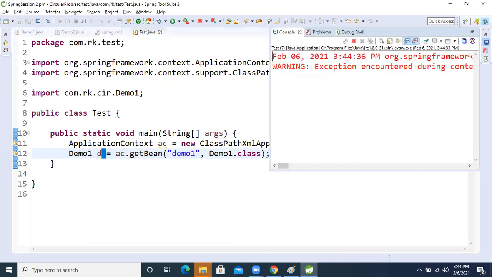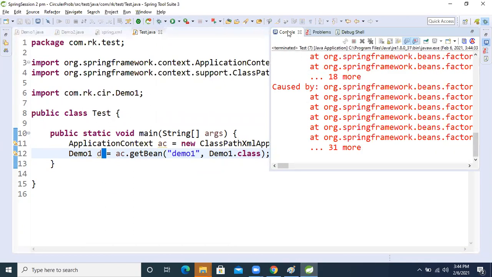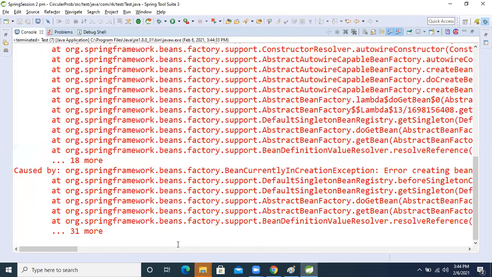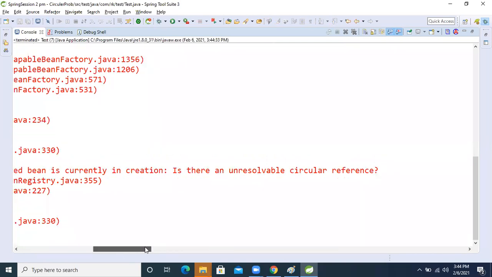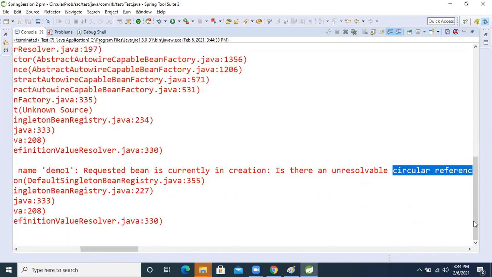See, we got the error. What is the error? Demo1 requested bean is currently in creation, which means both have an unresolvable circular reference. This is called the circular dependency problem.